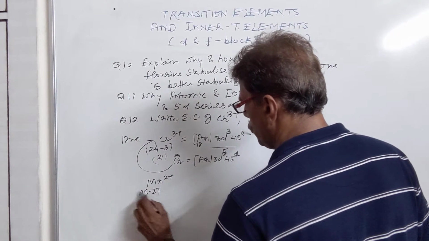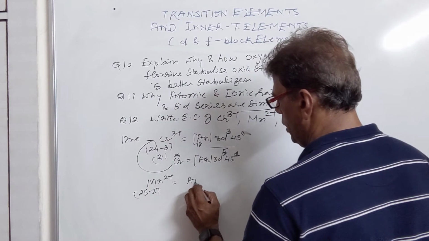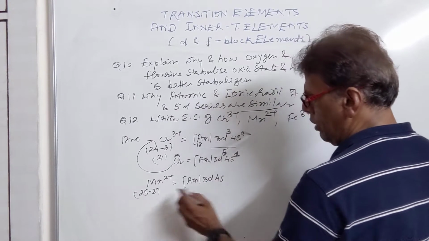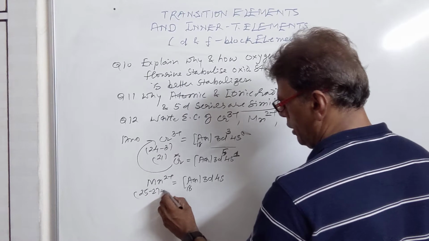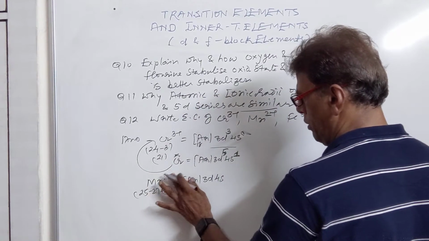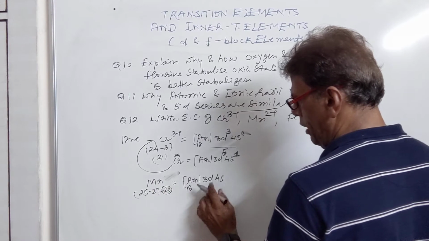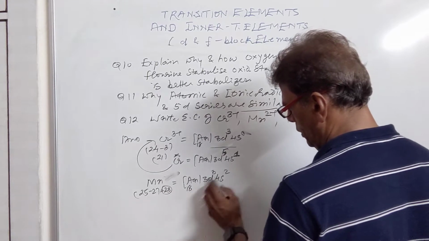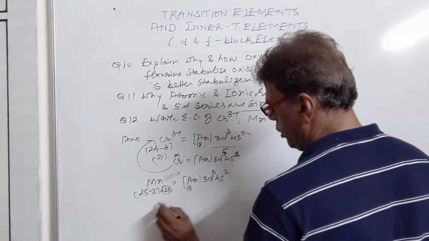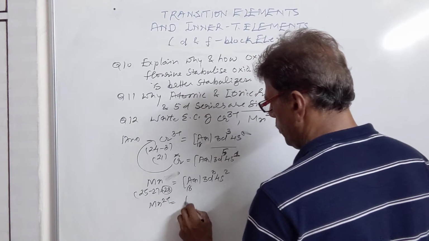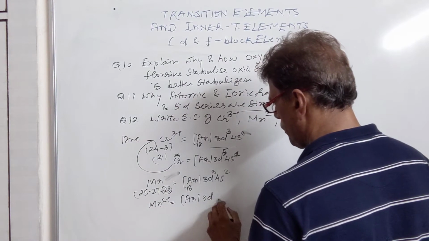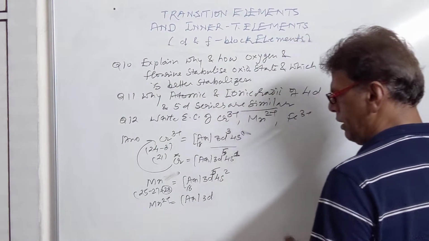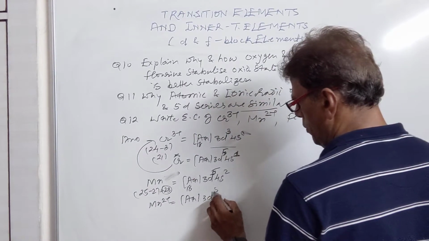If you have the Mn2+ ion, atomic number is 25, lost 2, so its configuration will be Ar 3d5, the 4s will be lost. Argon is 18, so 23 electrons are to be shown initially with Mn. So Mn will be having 18 plus 4s2 and 3d5, it will be showing 25 electrons. When it becomes Mn2+, it will be losing the s electrons, and 3d5 will be the configuration.